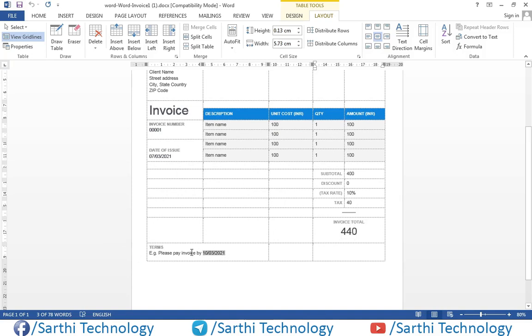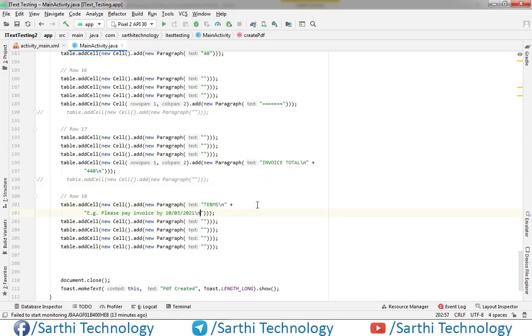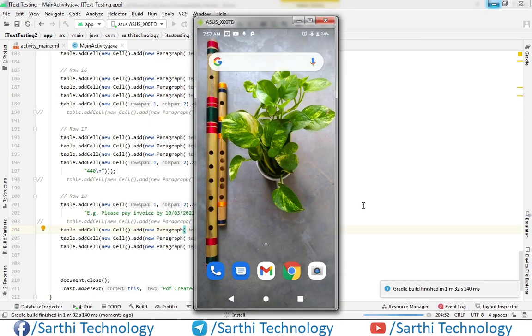In the next we have this terms and conditions, and this is merged with, so 1, 2. Make this a comment, and now let's try to run this and see how it looks.